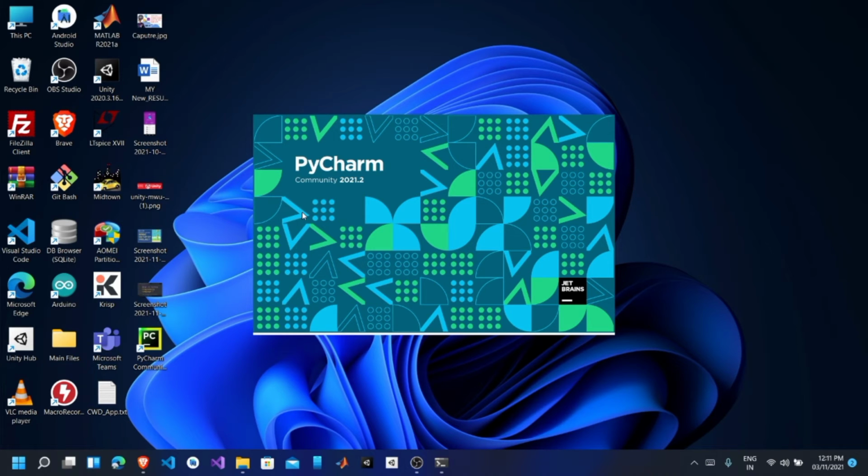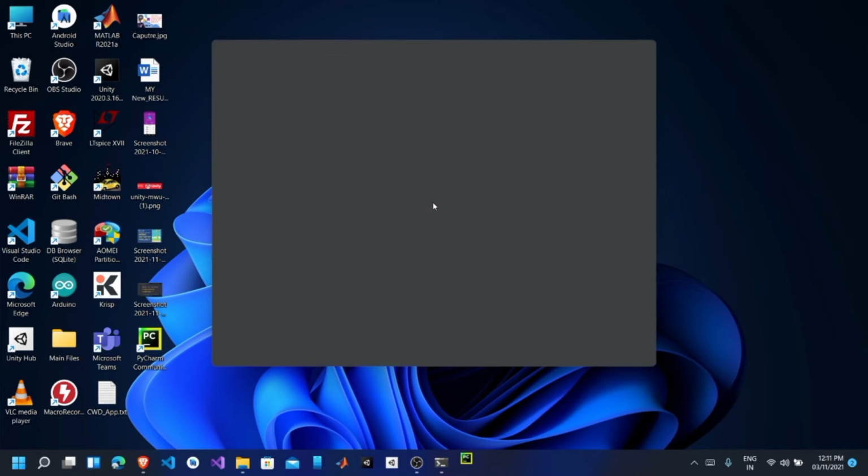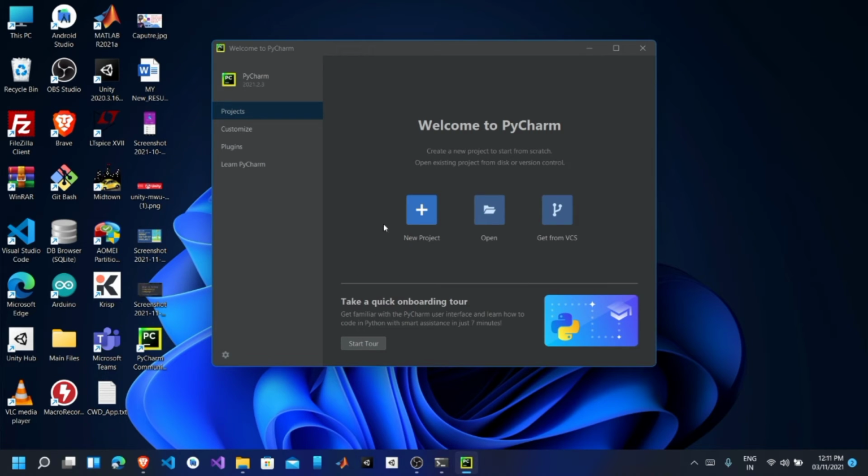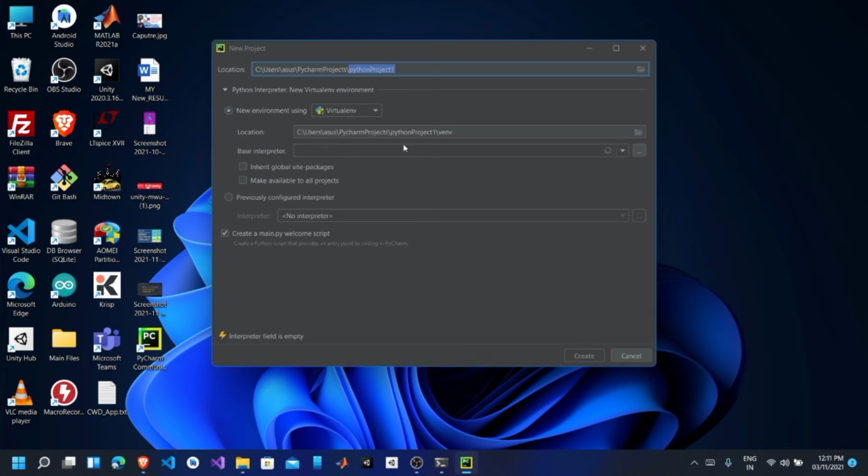Here you have to do some manual configuration before using this PyCharm IDE. I will just show you that configuration, what you have to do. There are some basic steps that you have to follow. So here, Welcome to PyCharm is written. There you have to click on New Project, and after clicking New Project, it will ask you some things. First of all, it will ask you the location.